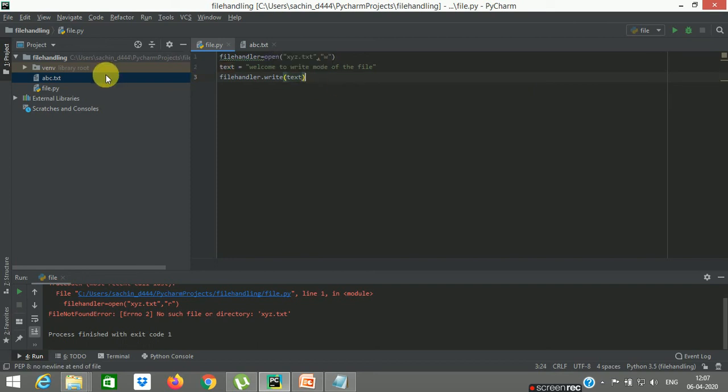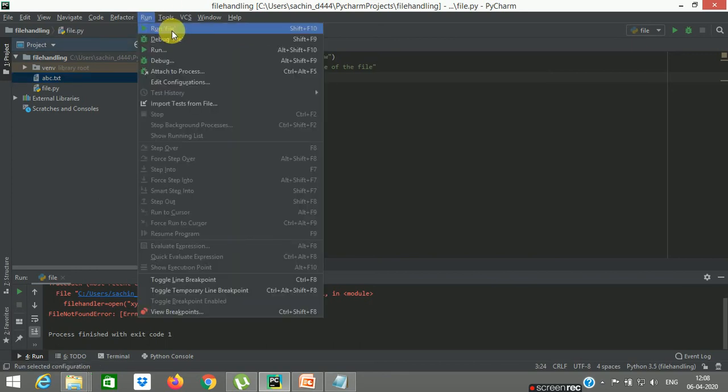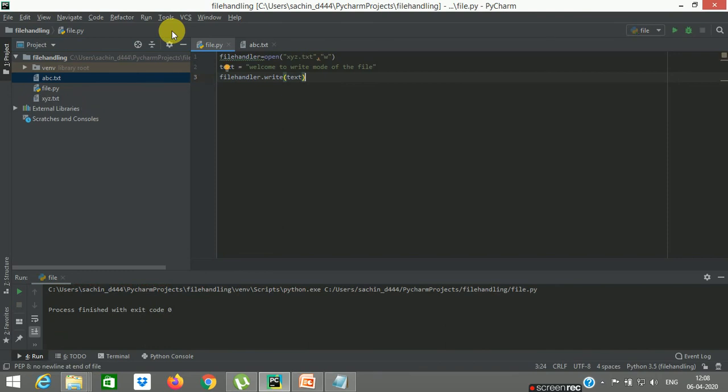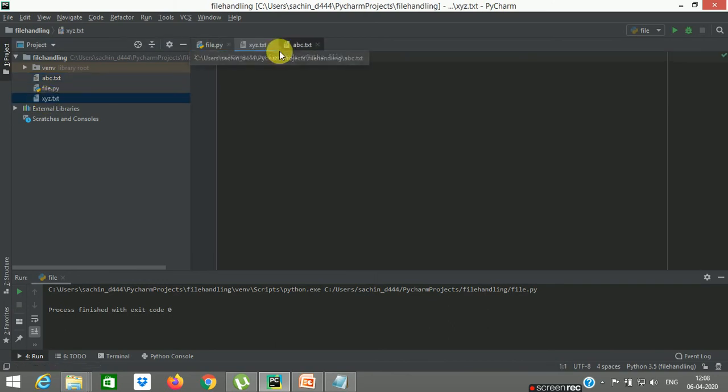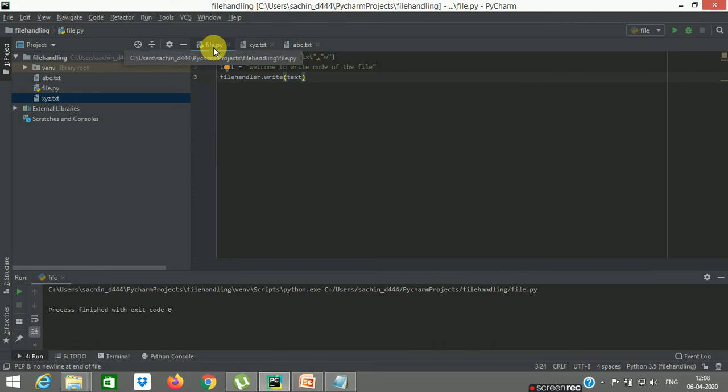Presently you can see that xyz is not there. Let me see whether it allows us to create a new file using this w mode. So it is running successfully. As such, we have not got any error. Now here you can see that the xyz.txt file is created and the contents that we have kept into this file: "welcome to the write mode of the file". This is what we call the read and write mode of the file,